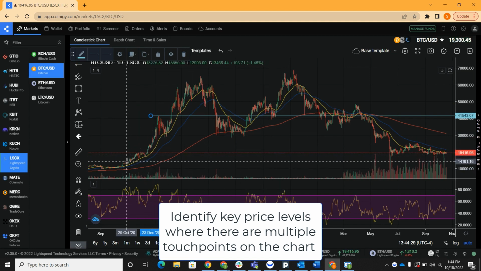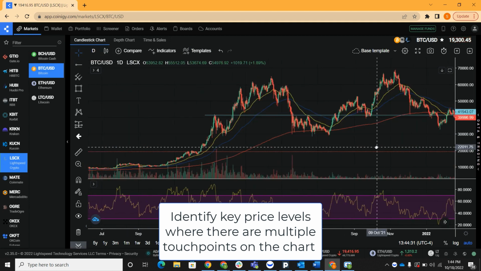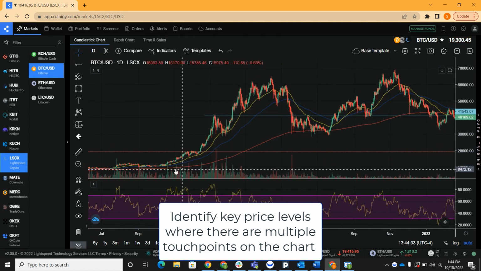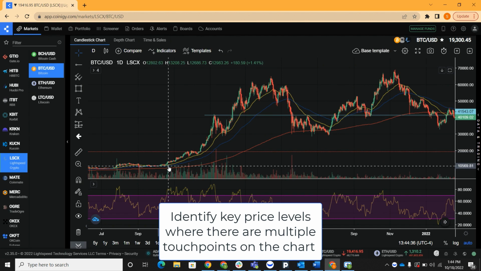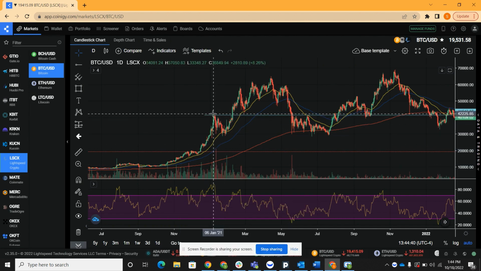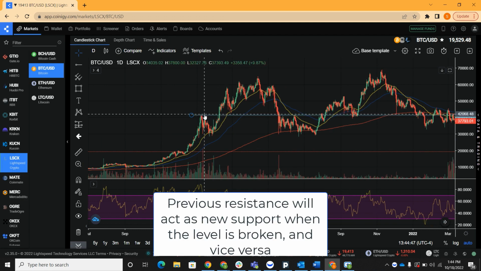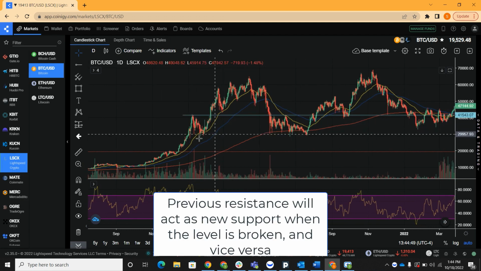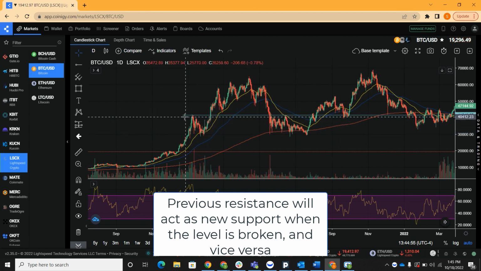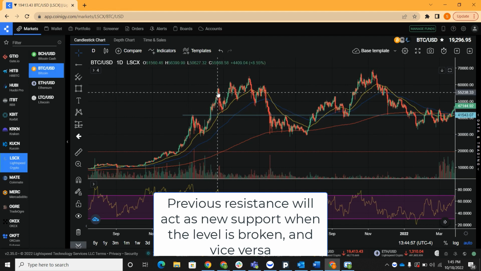Well, first of all, you can see there was this really big run up over here from about 10,500 all the way up to 40,000, and clear rejection off that 40,100 level. So that area at that time was acting as resistance. And then you can see that the price consolidated back down to the moving averages. And then once it clearly broke through that price level,